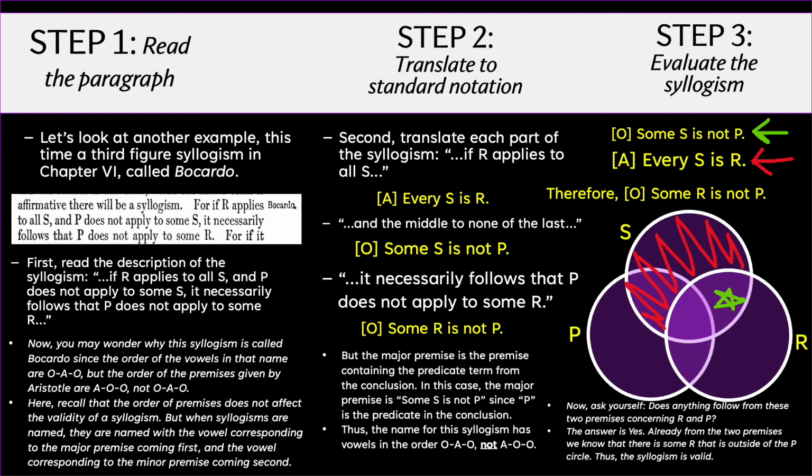Notice in the three examples I've gone over of the shortcut for reading Aristotle, in no case do I illustrate the conclusion as a positive action. Rather, the only thing that I illustrate are the premises, and then I see whether any conclusion has already been drawn by the illustration of the premises.